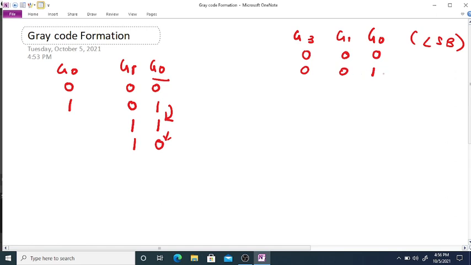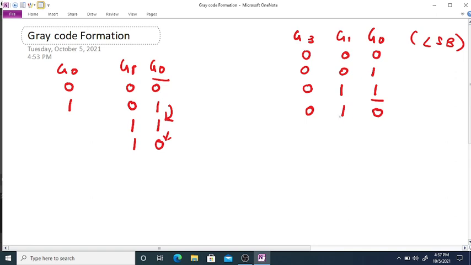Now we have already changed the LSB bit to 1, so we cannot change it again to 0. So here we have to change the G1 bit to 1 and keep the G0 bit as it is. Now here we can change the LSB bit G0 again to 0. So here we will keep G1 as it is and we will change G0 to 0.